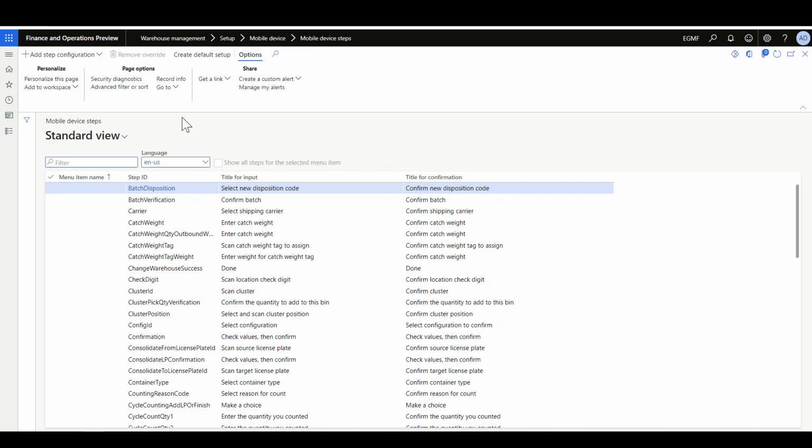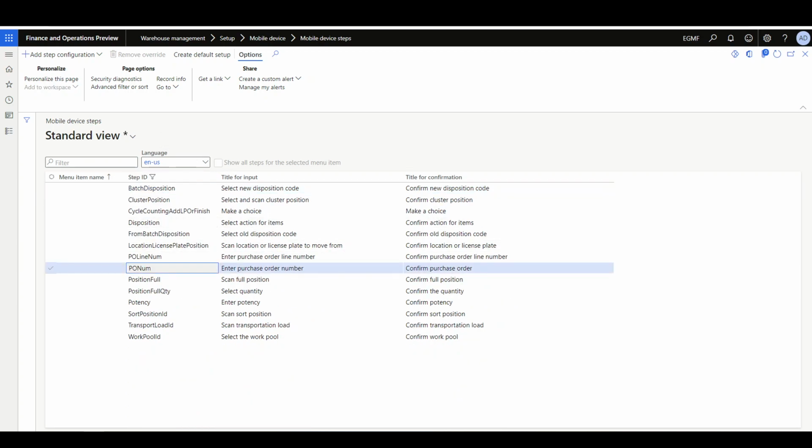So let's find something related to a purchase order receiving process, for example. You can do a filter for PO. So this is the PO num. This is the step where the system will ask you to enter the purchase order number. This step is related to multiple menu items. So for all the menu items that have this step, when it comes to this step, the system will ask you